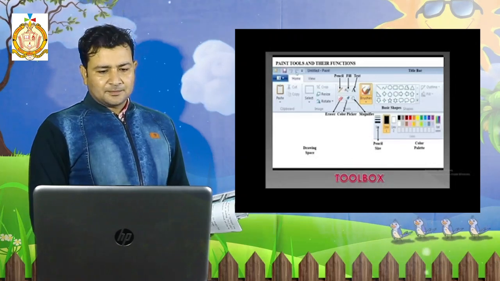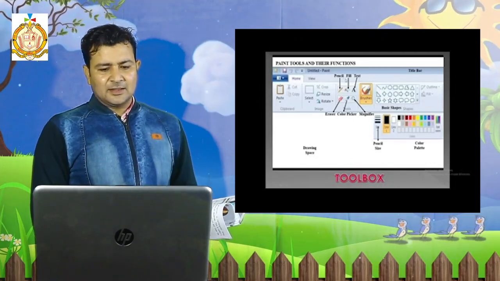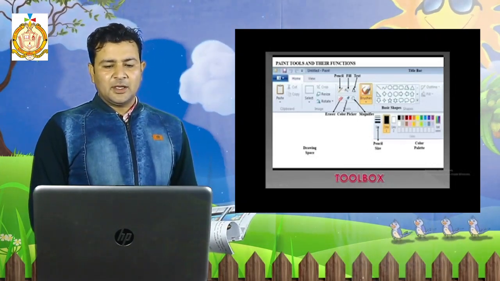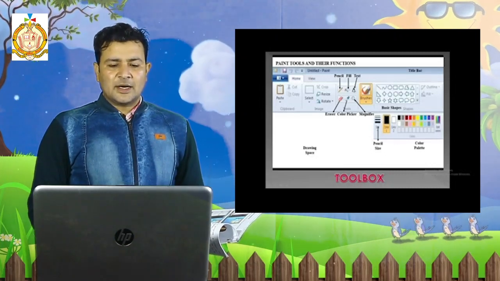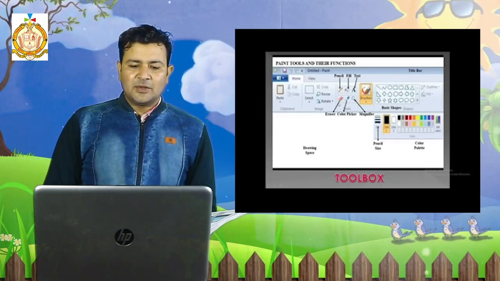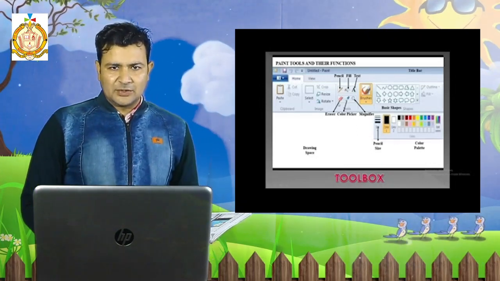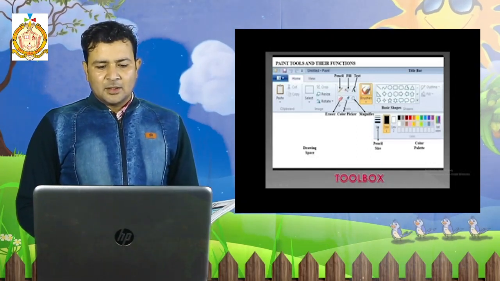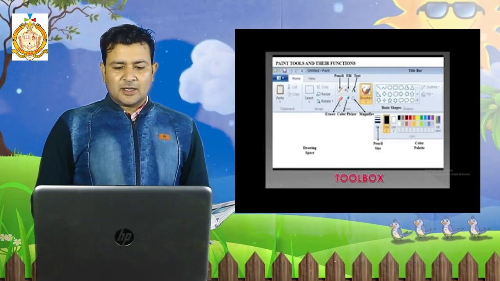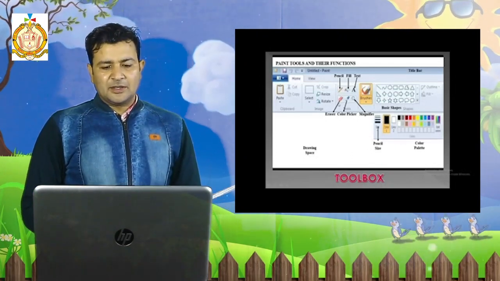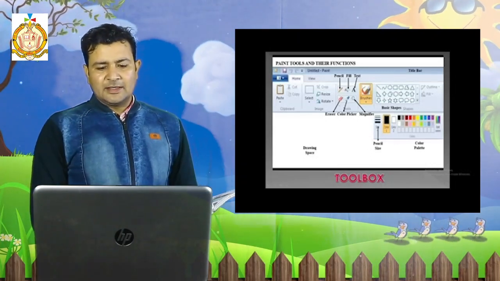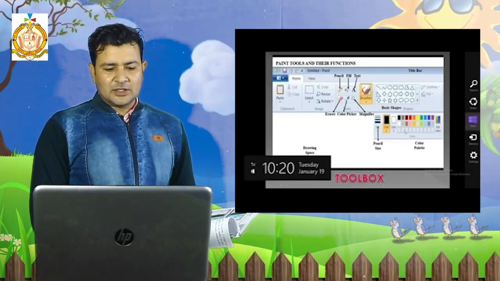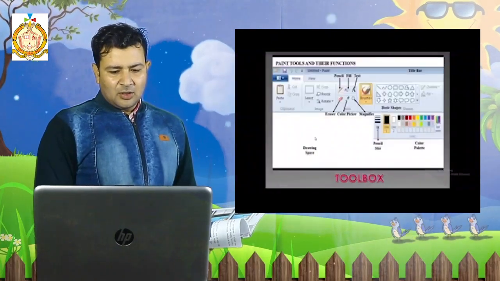Next, as I told you in the starting, this is the pencil, this is fill. Fill means if you want to fill color. This is the text area, the A. If we press A, then we will start the text area. This is the razor. If any mistake is there, with the help of the razor tool you can rub it, as we normally do in our drawing. With the help of the razor, we can rub in this software also. Next, color picker. If you want to select a color from one place and use it in another, then the color picker is used. Magnifier for zoom, and this is the brush and basic shapes. Pencil shapes are different, then the color box is different. These are the tools. This is the drawing area where we can draw our things.